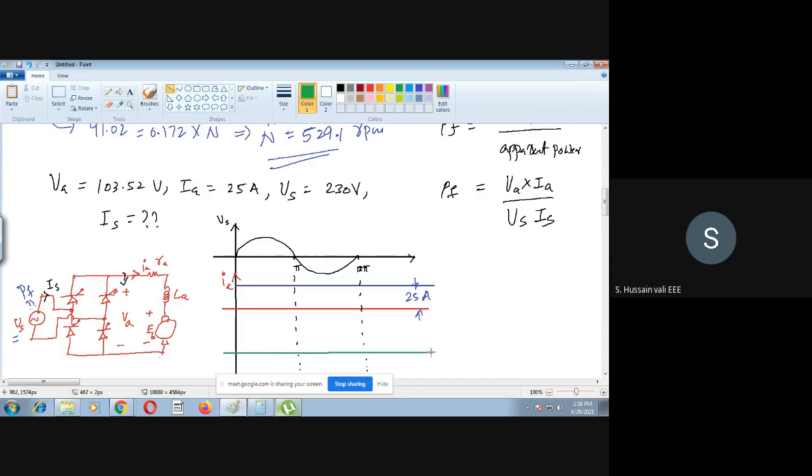Okay, now we don't want the IA value. Actually, what we want is, okay, so this is the axis. We want the waveform for IS. We are interested to know the IS value. Okay, so before we go further, why are we drawing